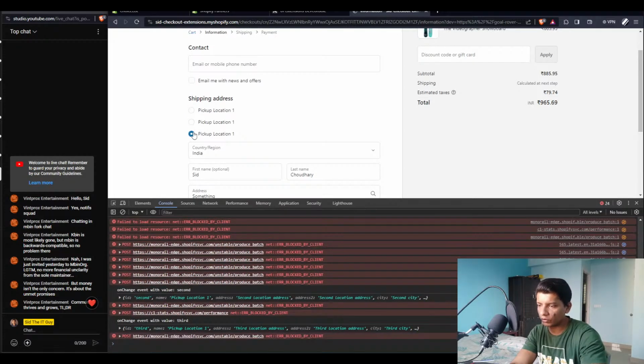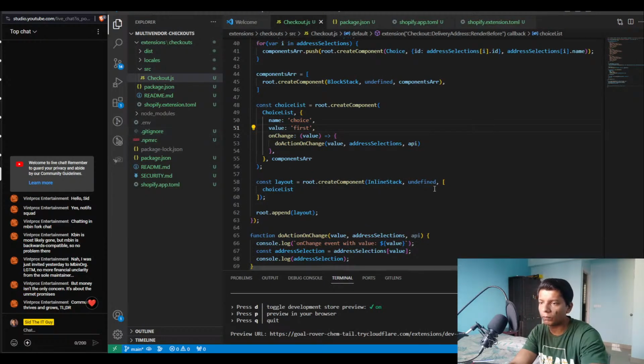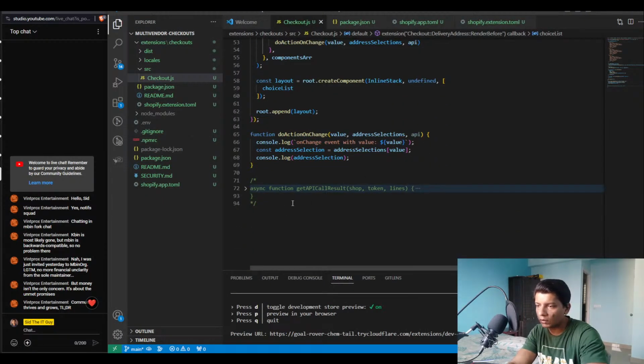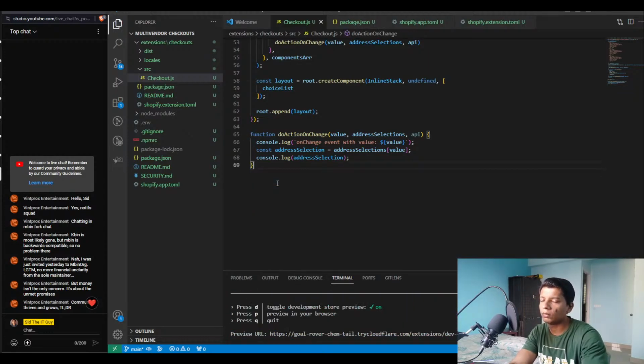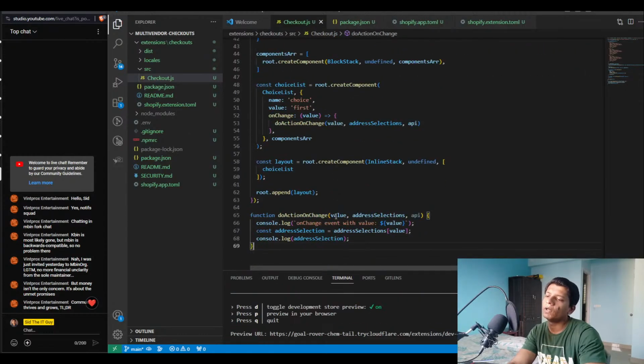Awesome. So this does work. Cool. Let's remove this. The last thing would be to choice list. Can we put anything called